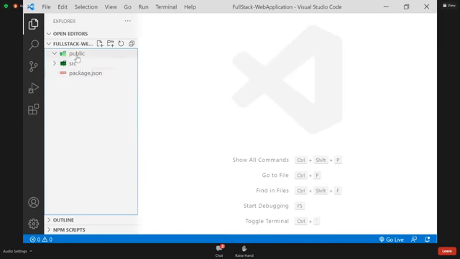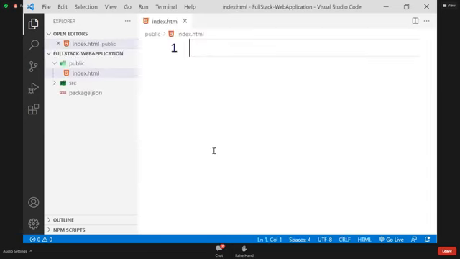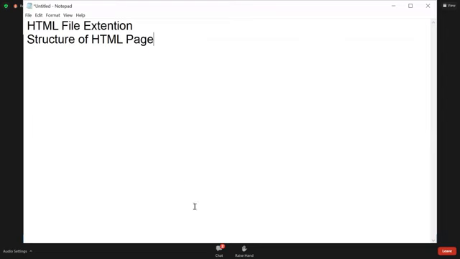In this public folder, we are adding a new file, and every website starts with a page called index. The extension, as we discussed, you can give .html or .htm. Okay, this is the HTML page. Now, when you are designing an HTML page, what is the basic structure? Every HTML